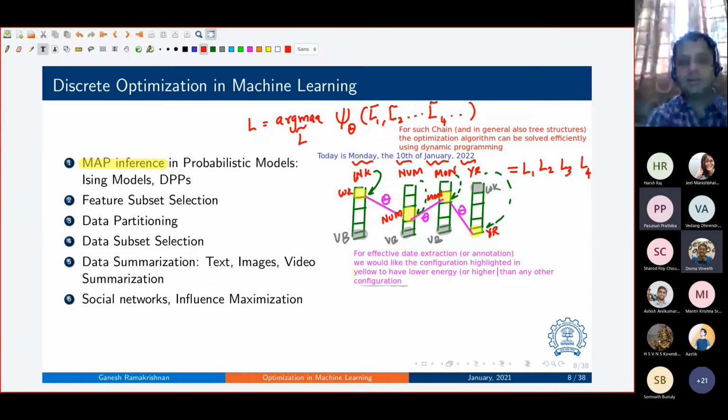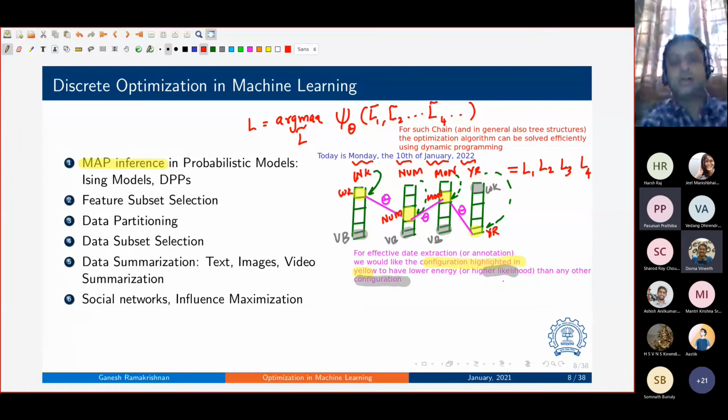Okay, let me just qualify. When I said energy, actually I meant potential, or likelihood is the best word. You're typically interested in maximizing likelihood. So you're typically interested in higher likelihood or lower energy. This Xi, for example, could be likelihood. So this turns out to have some nice properties when you have properties such as submodularity. So I'll discuss a bit more on this in the next class, and then we'll take other concrete examples. We'll stop for today unless there are some questions.